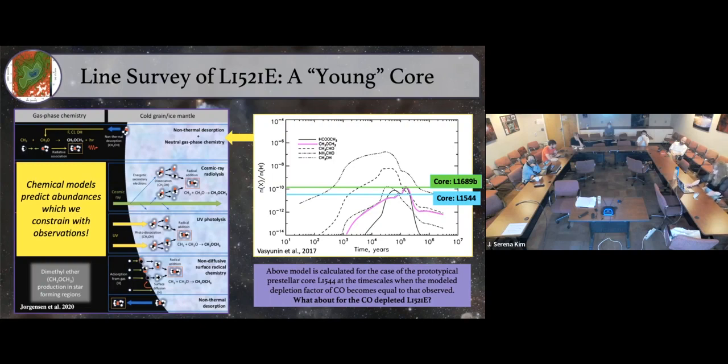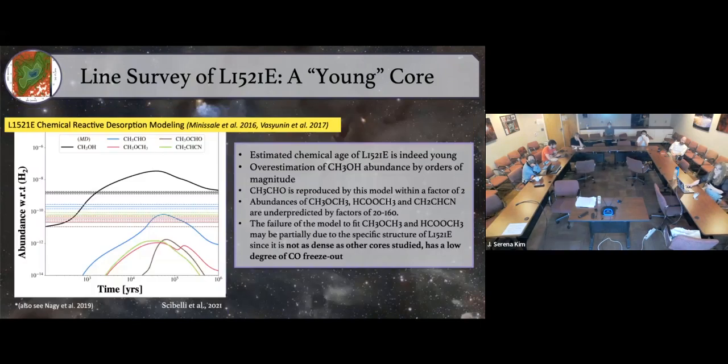Can we also model with chemical models the abundances that we see? And the answer is no. So we used the same type of model that was done for L1544 and tried to reproduce abundances that we see in this very young L1521E. And again, this is a plot of abundance with respect to time in years. You can see, again, the pink is dimethyl ether, and it very much underpredicts the abundances that we're seeing,